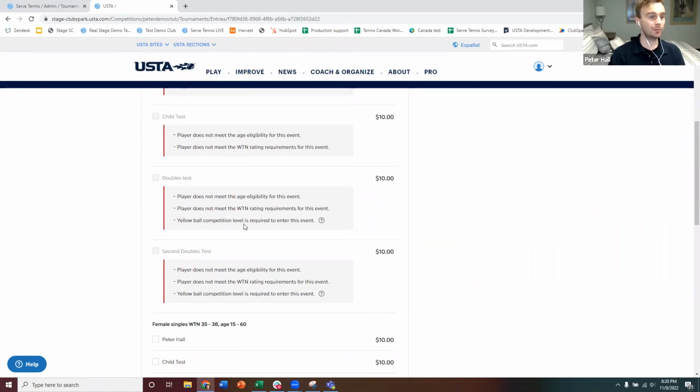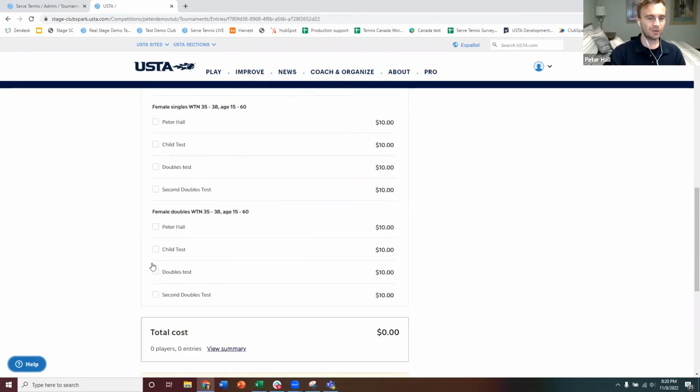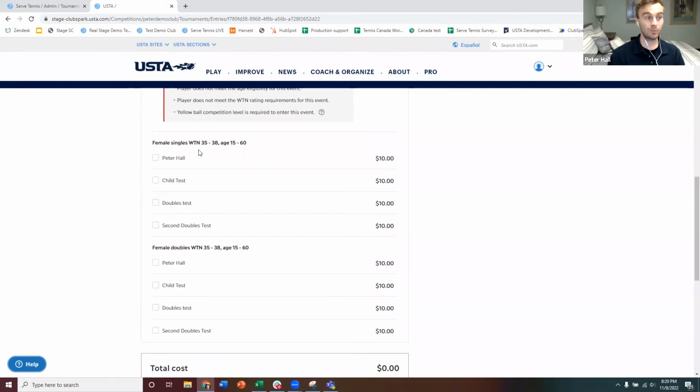Now, if you or they ever believe this is incorrect, they can reach out to customer care. There's this help button down here. They can submit a ticket and customer care can look into it. But the system is very clear, and it's telling you the reason why someone could not register. Now, if I keep going down for these female events where we did not validate the restrictions, all my